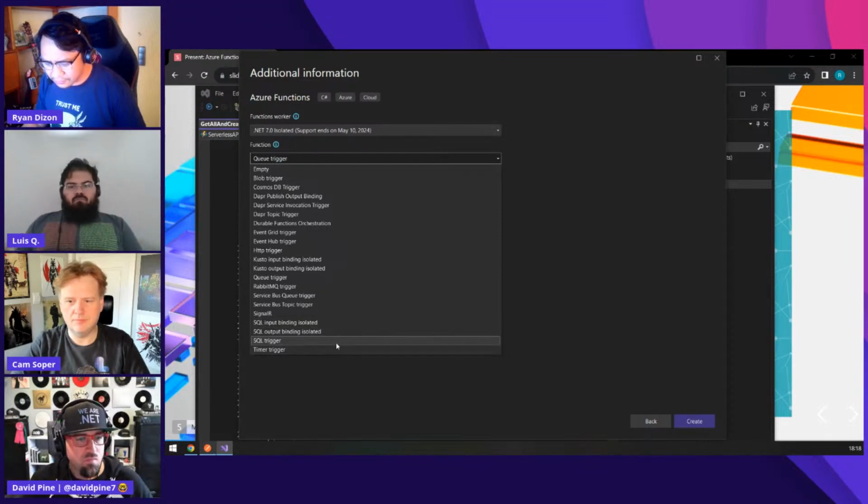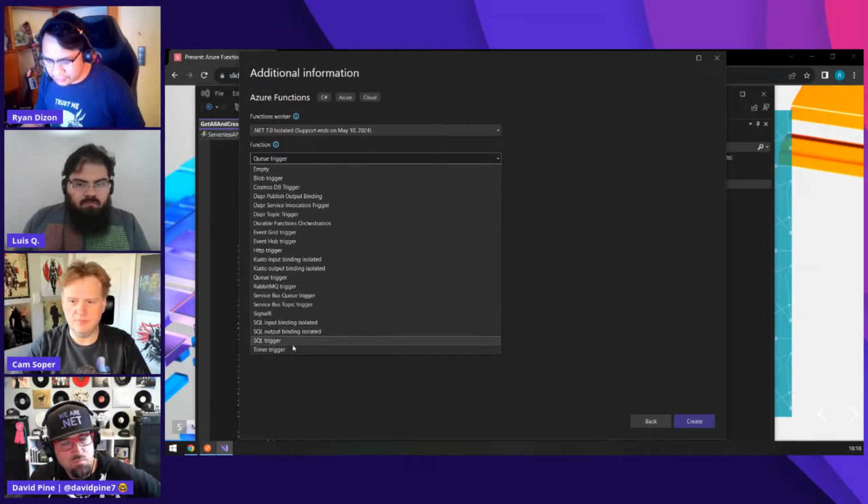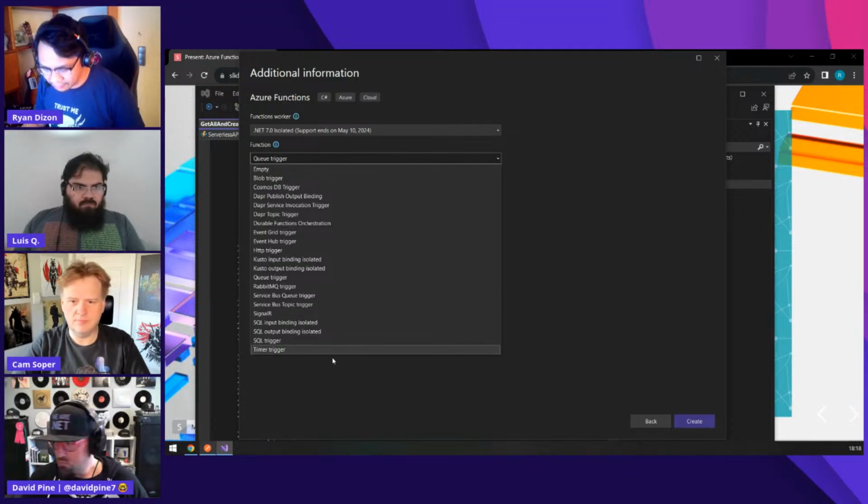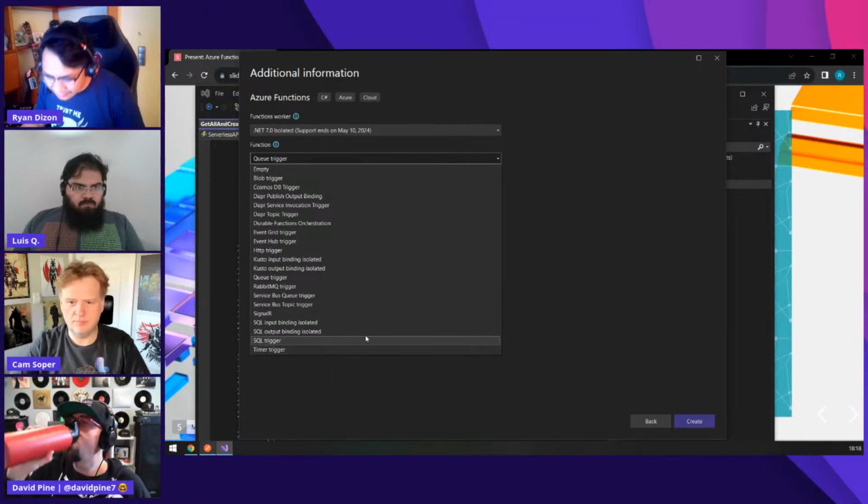I think Microsoft just added this last year, which is very useful as per my understanding or as per my research, but I never had a chance to use it yet. But I will probably use this SQL trigger.